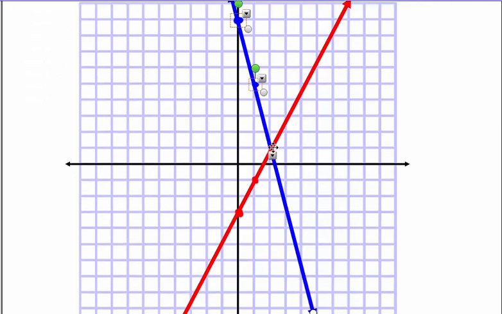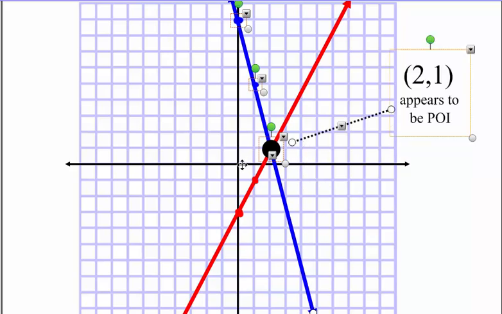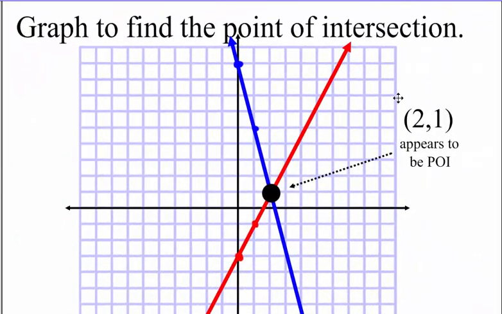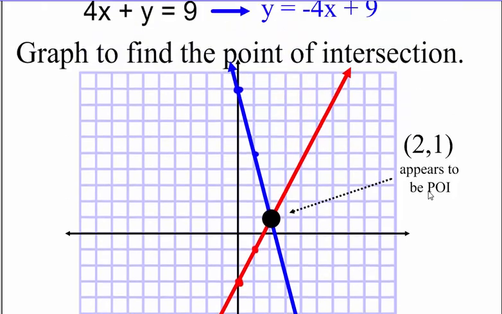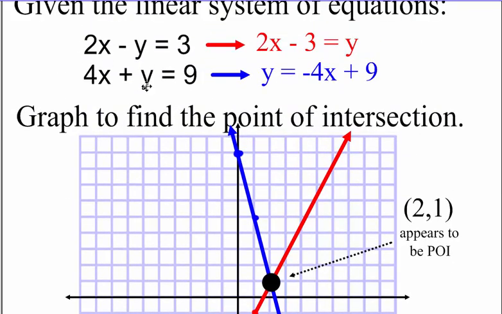So it appears as though this point right here is my point of intersection, and that is at 1, 2 across and 1 up. So 2, 1 appears to be the point of intersection, but to be certain, I will have to verify that. And I will verify in the original 2 equations, just in case I made a mistake in rearranging them. So these are the original 2 equations,